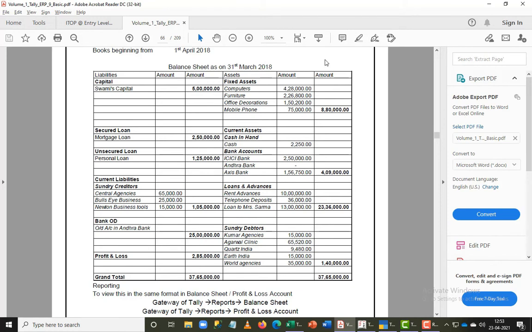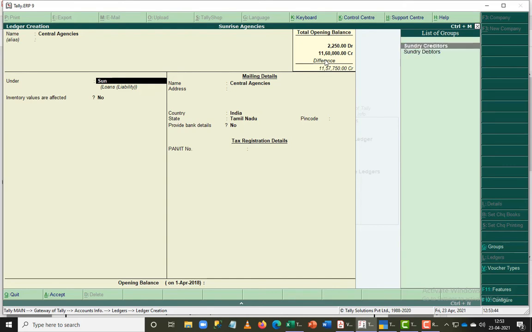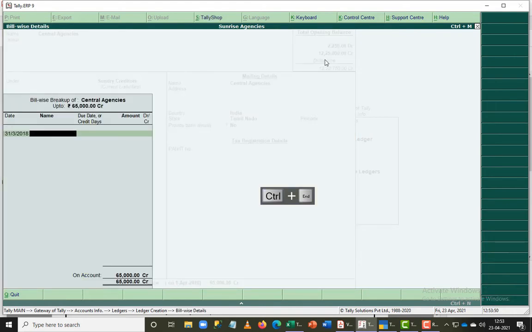I will change that. Even the bank overdraft comes under current liability. So when I feed a value in sundry creditors, it will automatically, by default in the hierarchical structure, go under current liability. I'll show you how it's going to work for us. So I'm going to feed our Central Agency's ledger name here, and then when I come down here, I'll select sundry creditor and give an enter. You can see that it automatically comes under current liabilities here. So I'm going to feed the value here and save it.